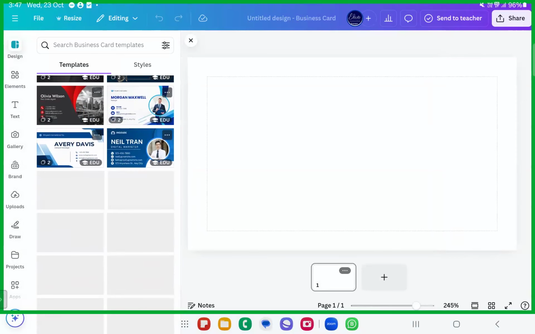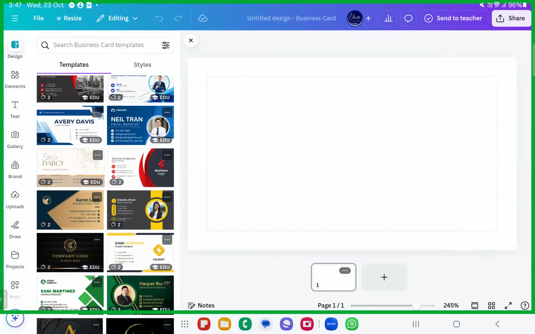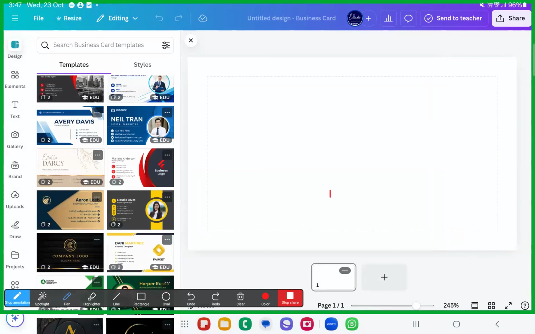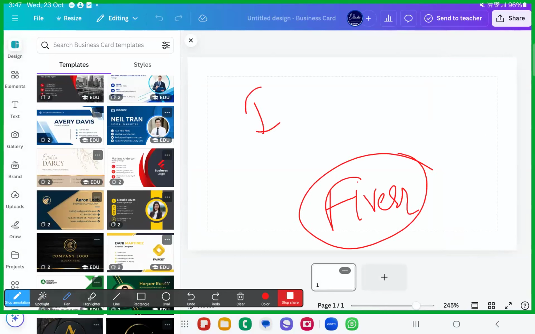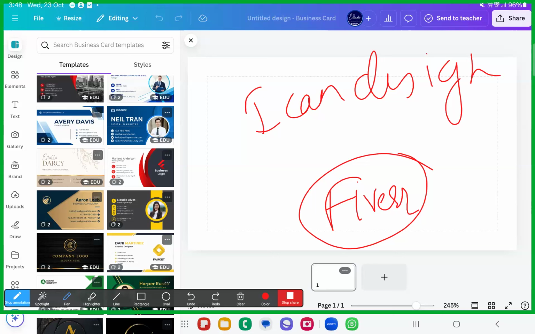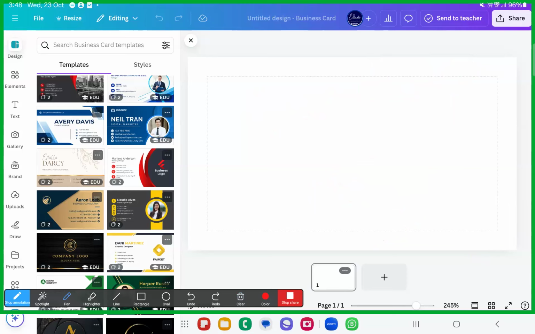You can even use these business cards and within seconds you can edit them, and with this you can earn a handsome amount. You can just go forward right now, dear sisters and brothers. Go to the Fiverr application and write a gig that I will design business cards for you, and make sure you're putting very small charges for that. Don't charge like 500 or 1,000. Make sure you're charging a very low amount so that your clients will get back to you within a moment.